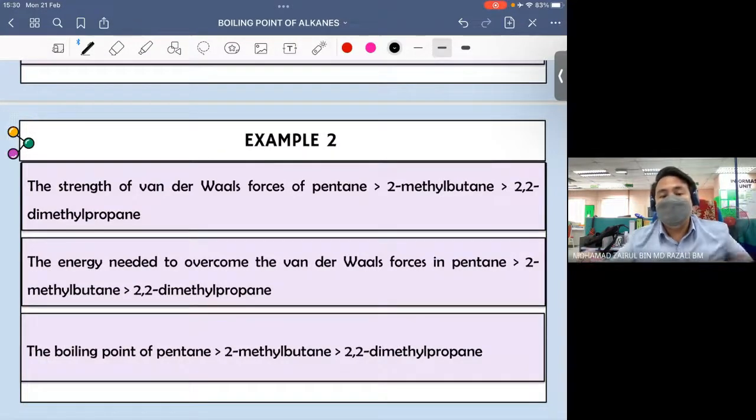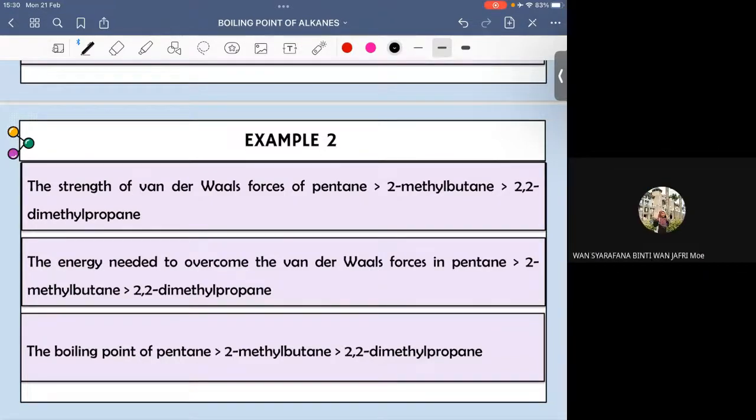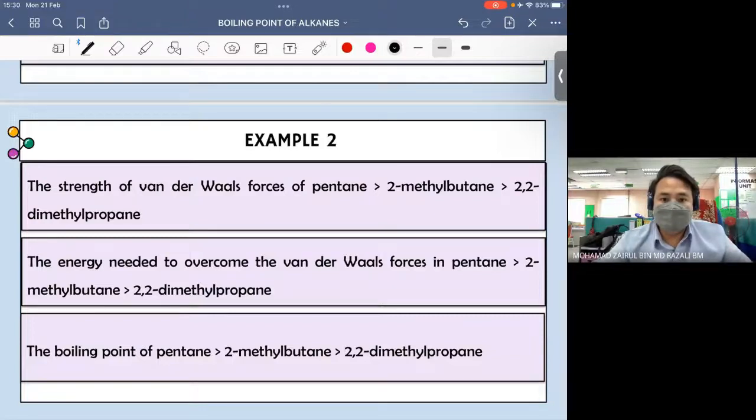Okay, ada apa-apa soalan? Tak ada, sir. Okay, kalau tak ada, kita